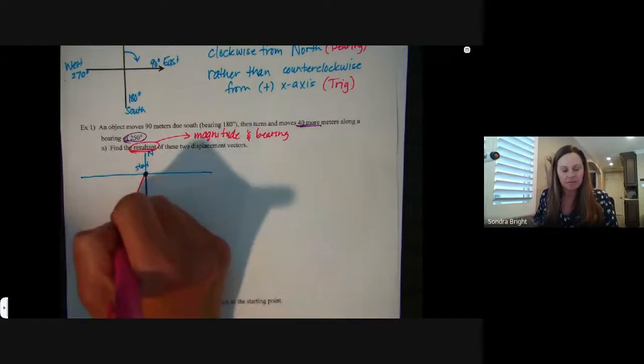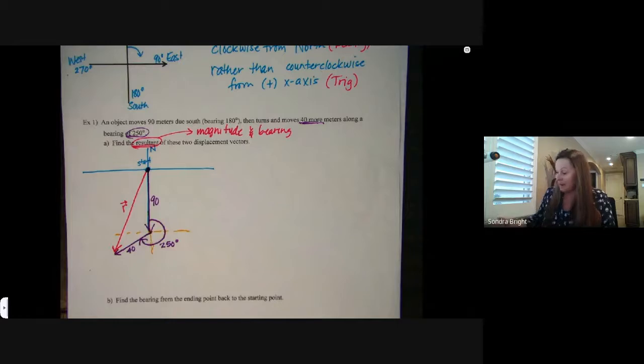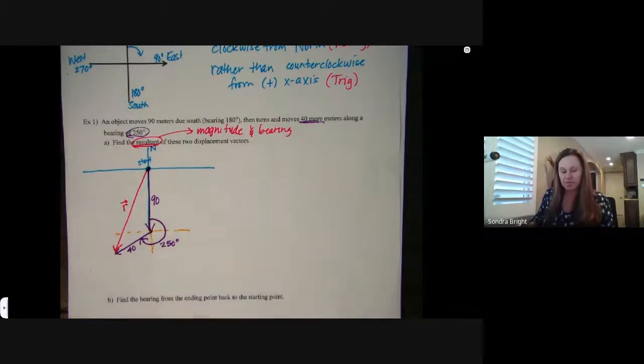There's R. That's what we want to find. And we want to find the magnitude of it and its bearing. All right, so let's start with the magnitude. Its magnitude, well,